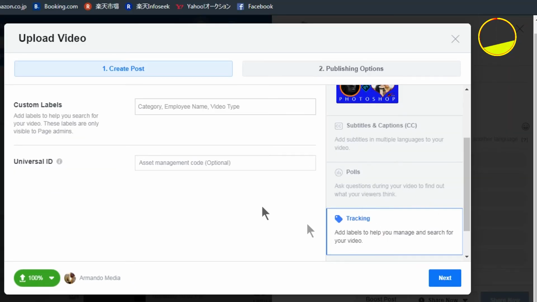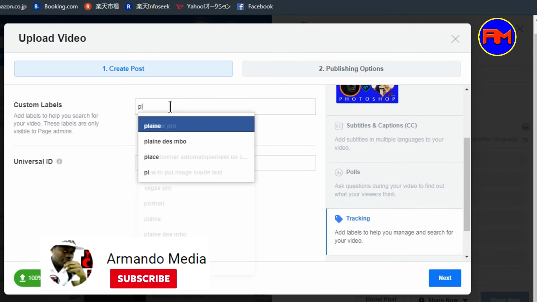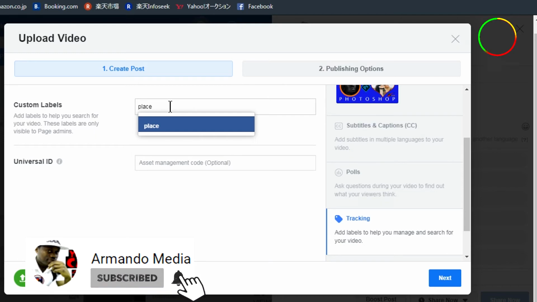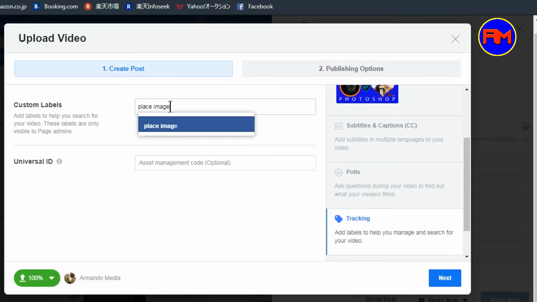Tracking now will help search your videos into your page. That means tracking here is only important to you. Add labels to help you search for your video. These labels are only visible to page administrators, so you can add place image in text,